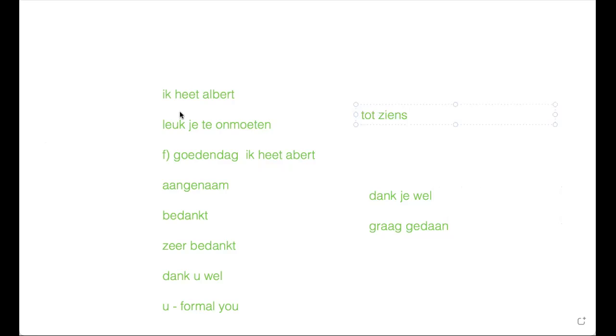Clear? Now, if I want to ask which language you speak, this is how to ask the question: welke taal spreek je? Repeat after me. Welke is which. Welke taal? Taal is basically language. Welke taal spreek je? Because we have the verb spreken. So welke taal spreek je? This is my informal phrase.